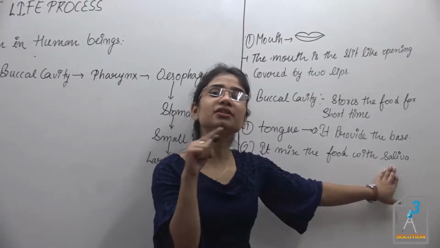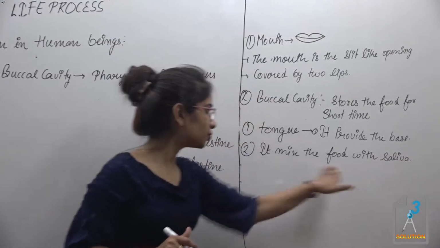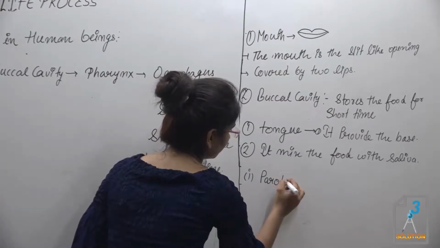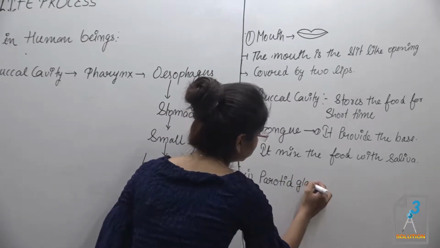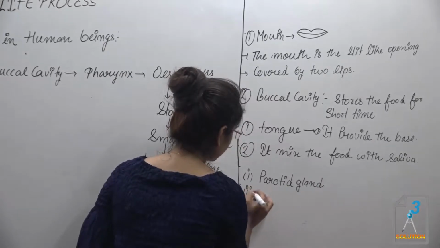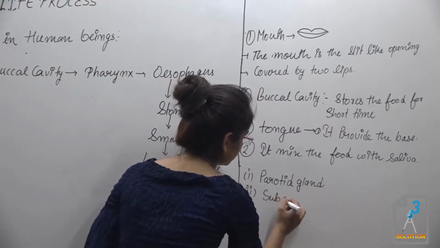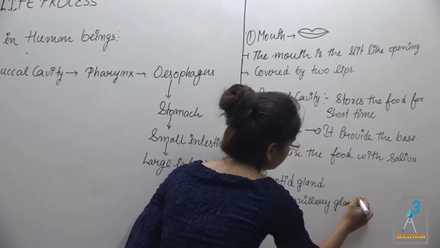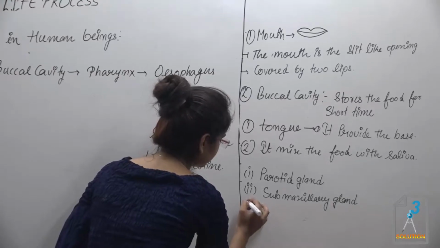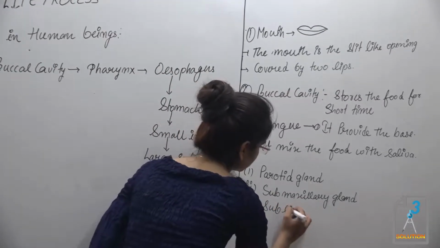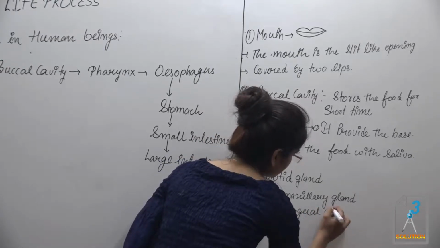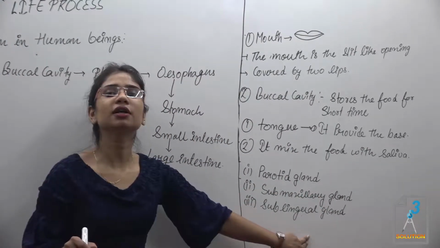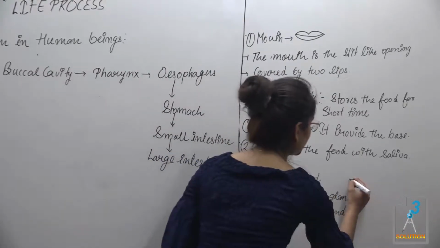a watery substance, but this saliva contains an enzyme. So the three salivary glands are: first, parotid gland; second is submaxillary gland, and third is sublingual gland. So these three glands are present inside our buccal cavity, and these three glands secrete an enzyme